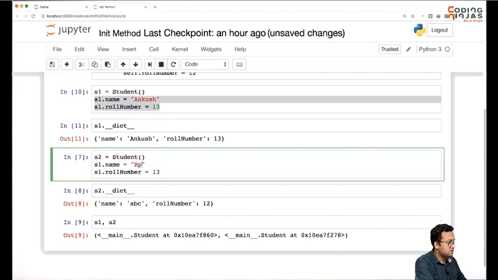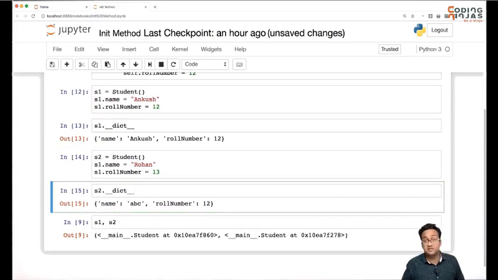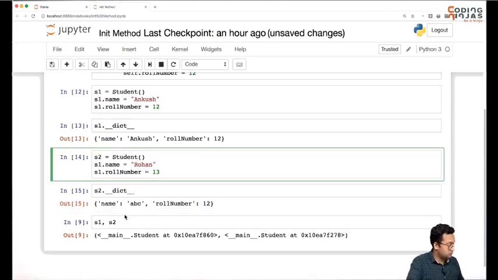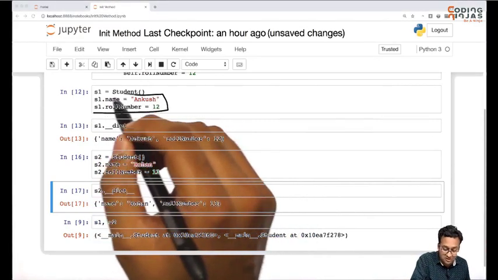I can say Rohan, and I can give it 13. Sorry, I wanted this to be 12. Right? And S2 has the required, sorry, this should have been S2, has the required roll number and the name. But that sounds very stupid to me. The whole point of creating the init method was that I should not have to do this every time